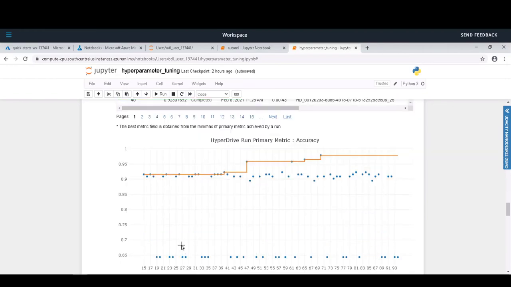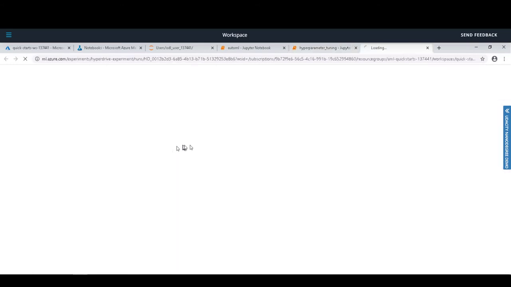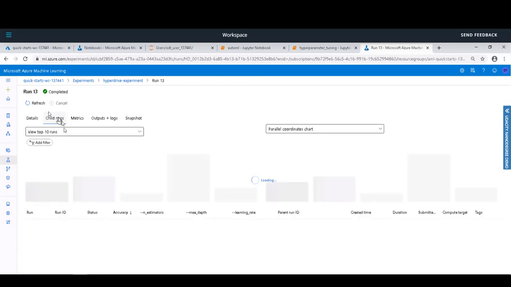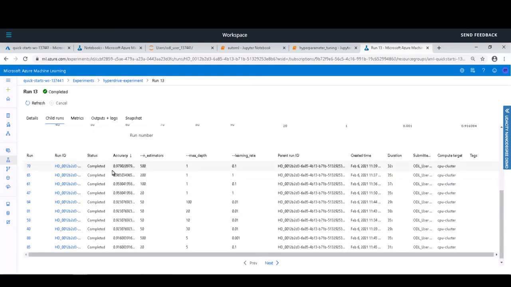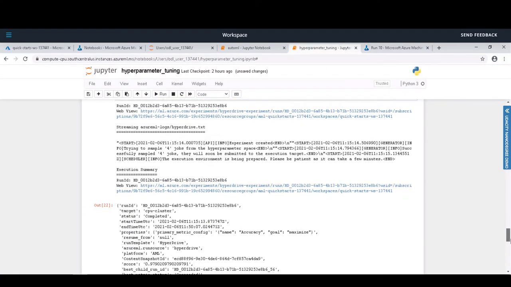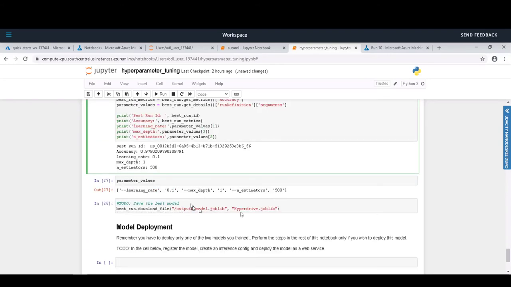If you want to check details about it, like what the hyperparameters are, what the run ID is and so on, we can do it in Azure Machine Learning Studio. I'll show you. We need to go to this child run, and here this run ID is giving the best accuracy. So this run ID has these hyperparameters, and the run ID is this one. Okay, the other thing is if you want to get the best performing model, we can do it like this. We can directly get it in Python code only, in the Jupyter Notebook itself.